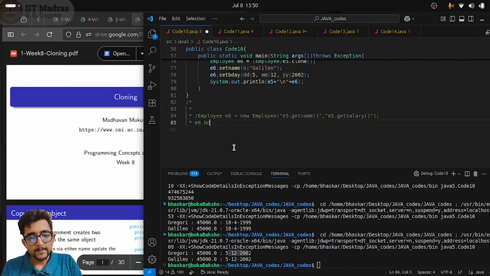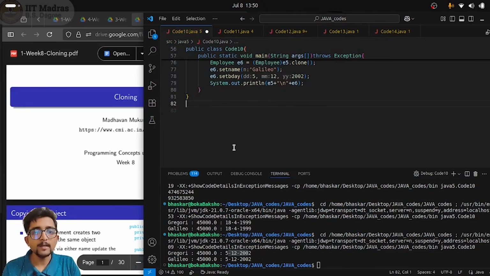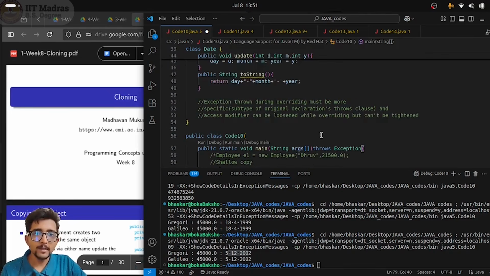So coming back to the main part of the code, the trouble we are facing is if the data member is an object itself, then clone doesn't work as it is supposed to. So how do we solve this issue? The problem was the birthday field was getting copied, I mean normally, right? It was getting copied